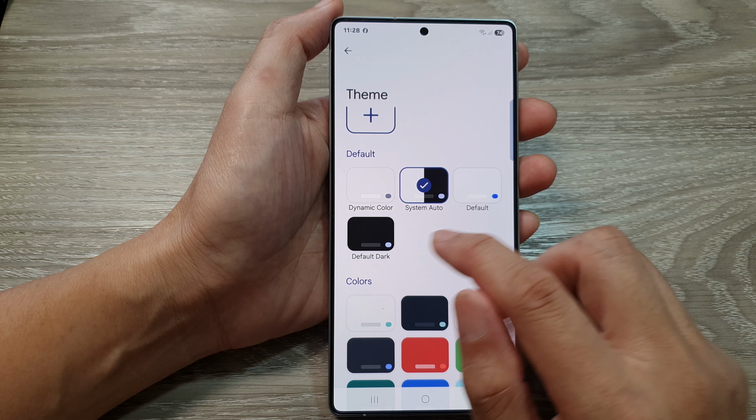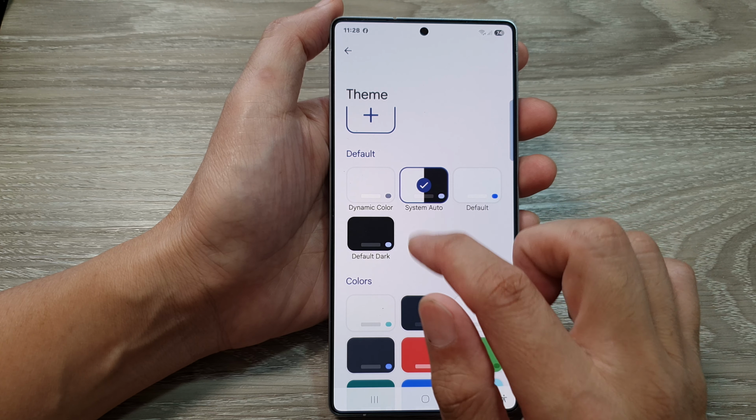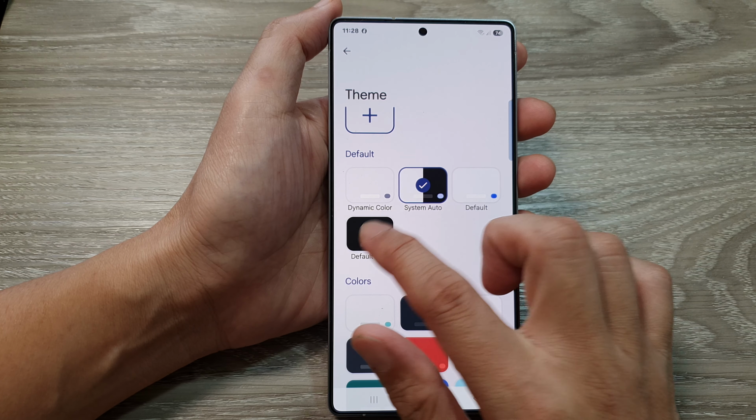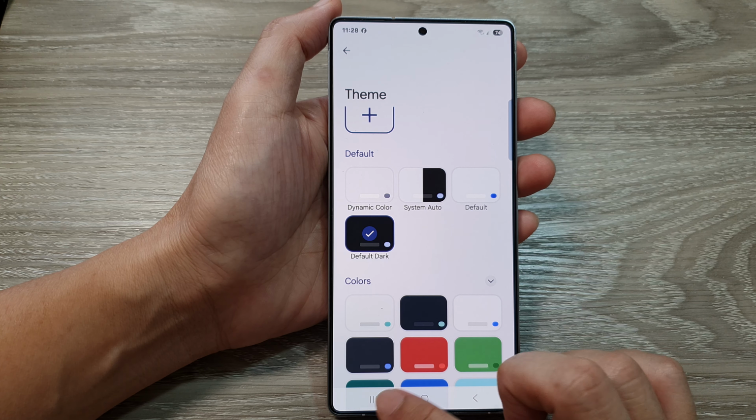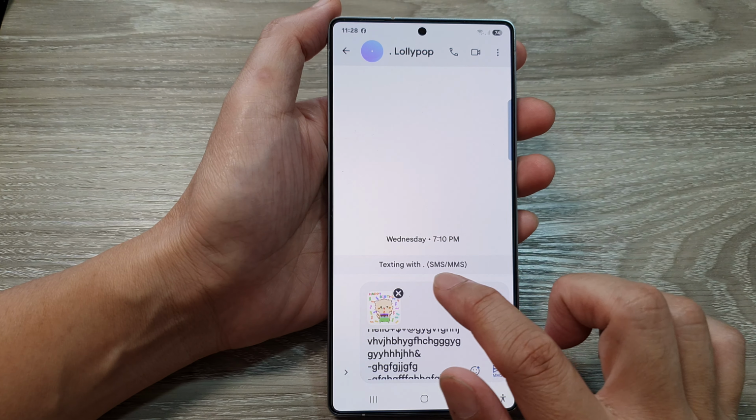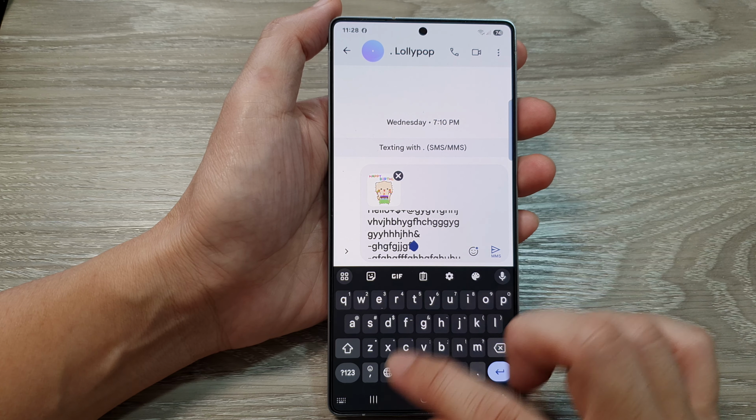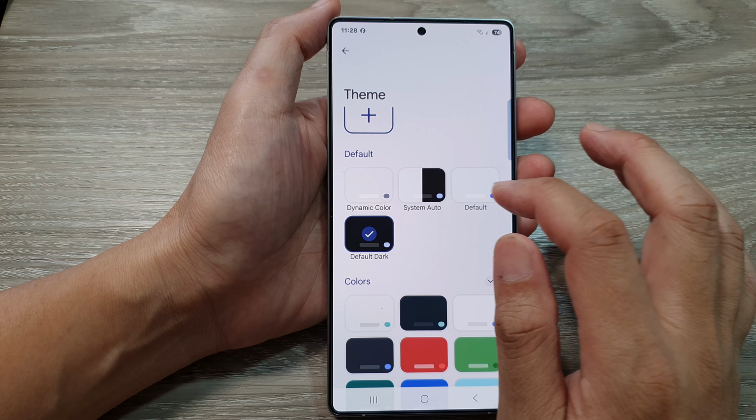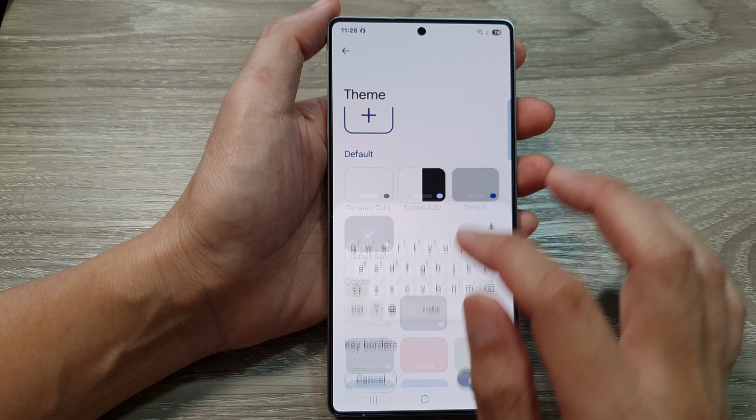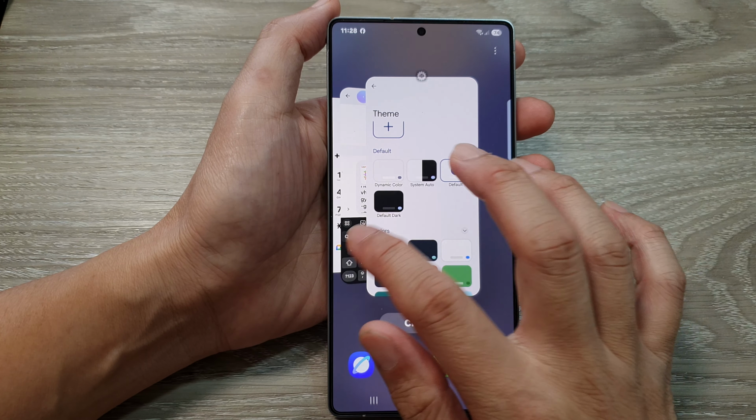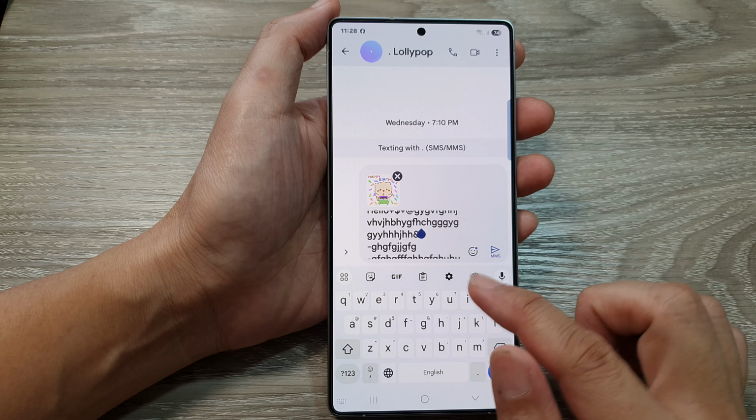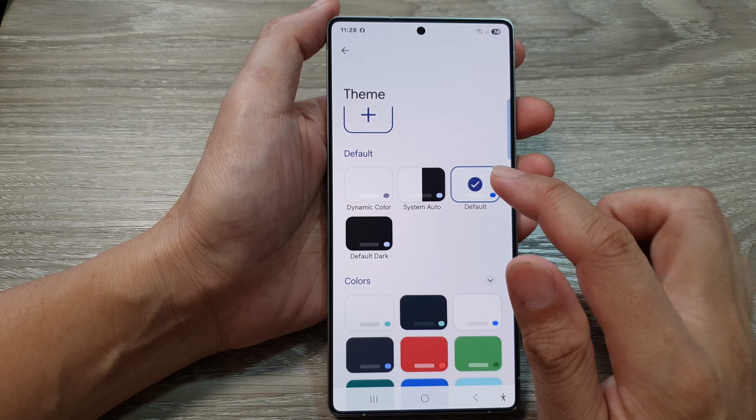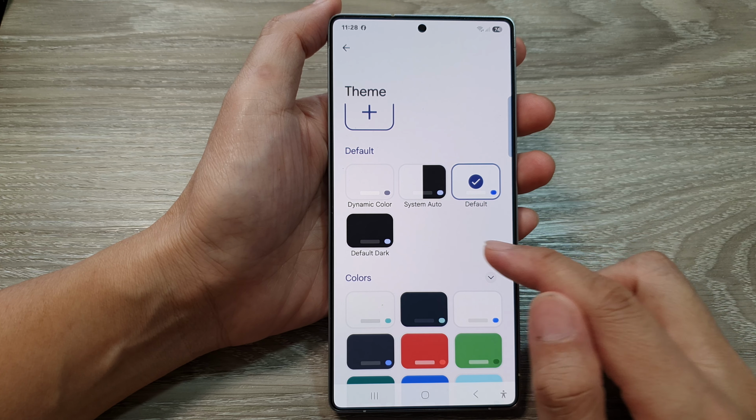So here we got default, dark, or dynamic color. So here, if I choose dark, then when I open up my keyboard, we show a dark keyboard, or we can choose a default light keyboard. And that's it. So that is how you can change the Google Keyboard theme on the Galaxy